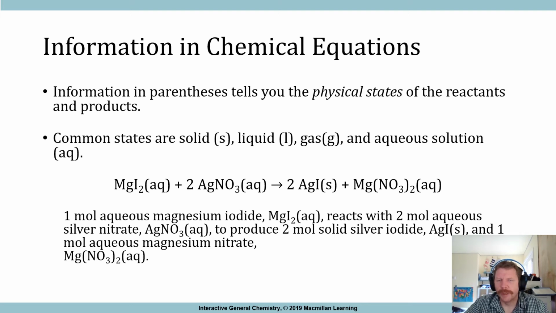So there is additional information that you get from looking at a chemical reaction. For instance, information that's going to be presented in parentheses tells you the physical states of the reactants and the products. The most common ones that you'll see are S for solid, L for liquid, G for gas, and this one's a little bit of a curveball because you're accustomed to thinking of the three states of matter: solid, liquid, and gas. Now we've got this AQ, which stands for aqueous,